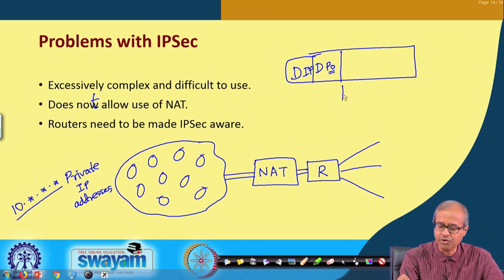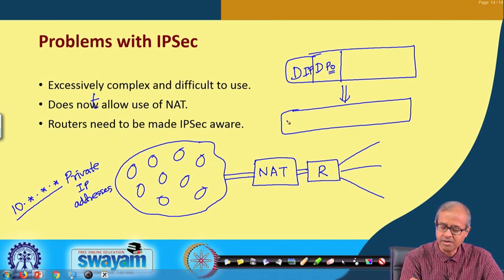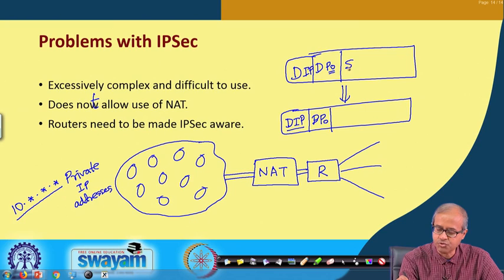So, what will NAT do? NAT will convert this into a new packet. The destination IP address will be the same, okay. The destination port number will also be the same,